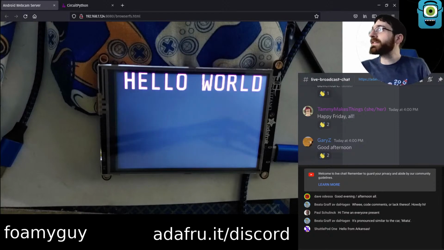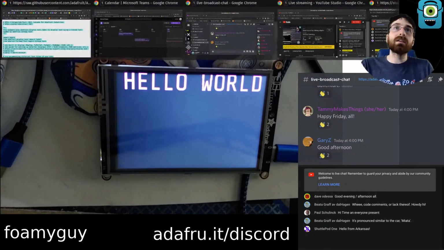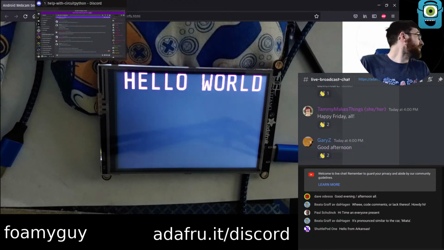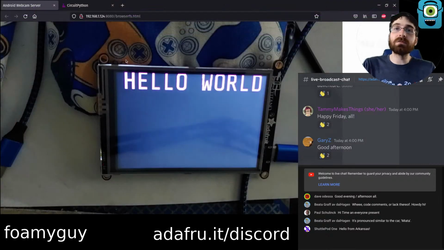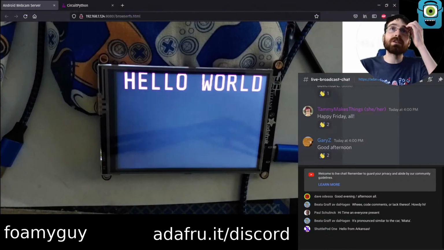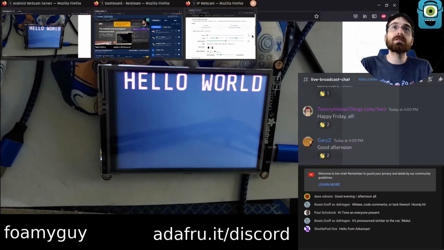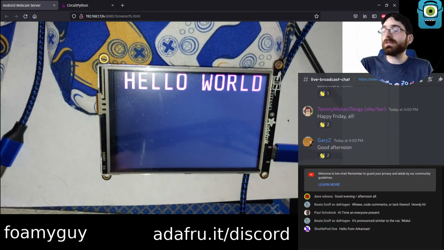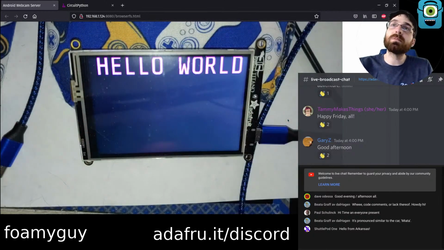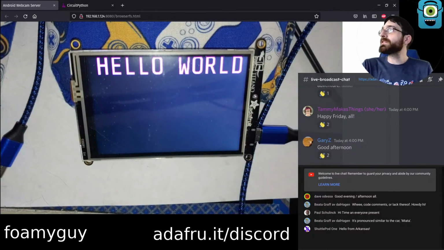Hello from Arkansas, ShuttlePod. How's it going? Please get down, buddy. One of the new fun things my cat is doing is climbing the window. I will try not to get too distracted. Let me get the light before I go much further. That's really not a whole lot better, is it? Maybe if we get it angled up there a bit. I may switch over to the smaller PyPortal.